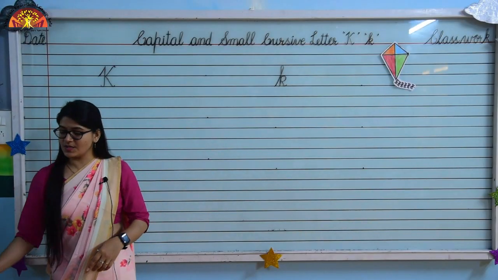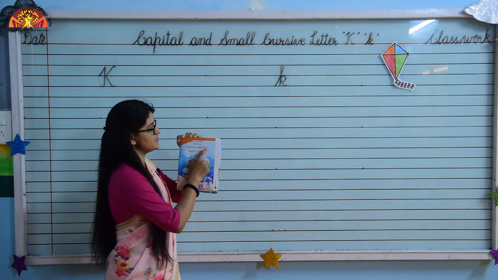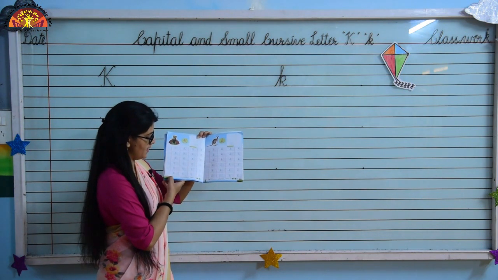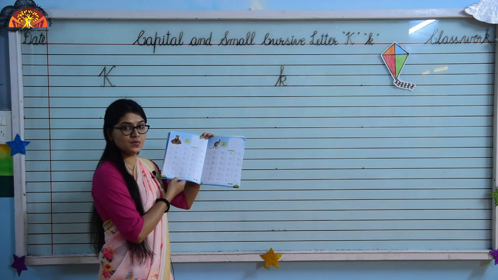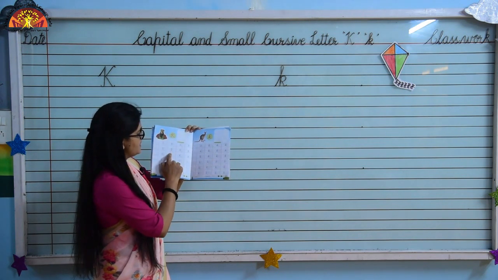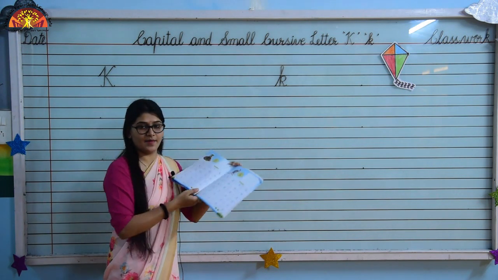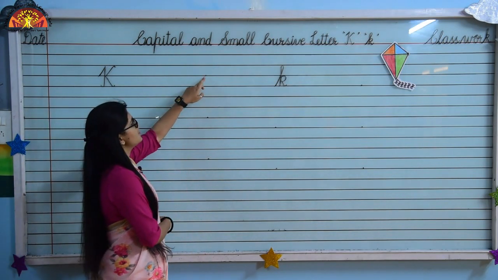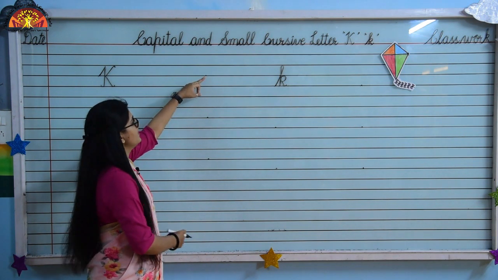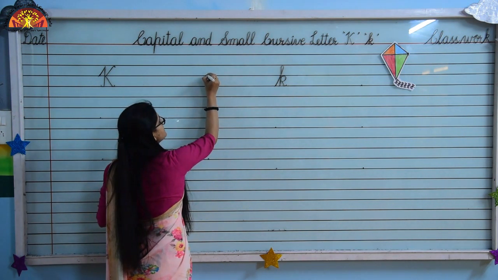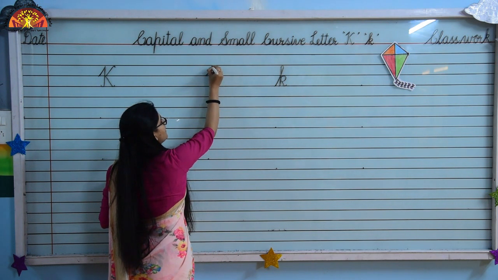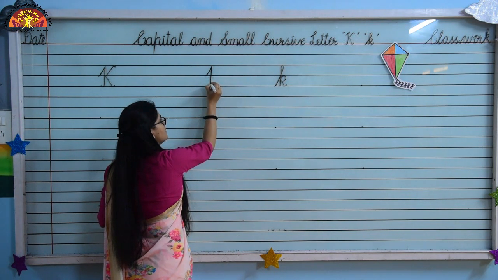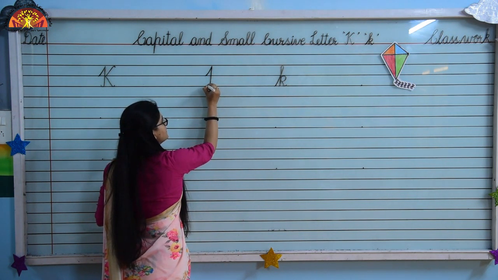Now kids, take out your Graphelco cursive capital and small letters book and open page number 34 and mention date and classwork. First we will learn how to write capital cursive letter K, okay? So sharp your pencil and put your pencil here on second line and draw slanting line, touch the first line, then standing line, moving towards the third line, touch and turn.